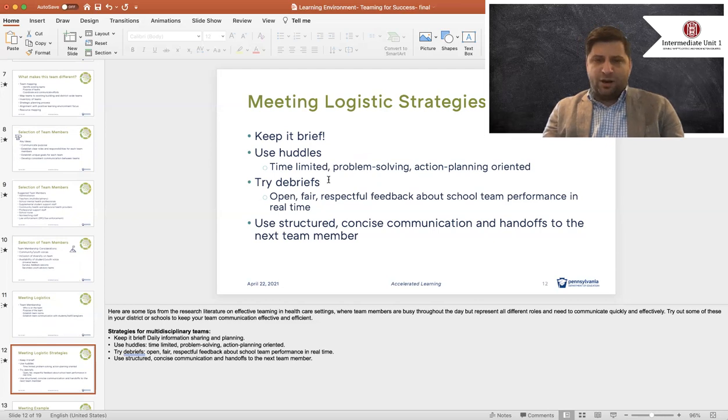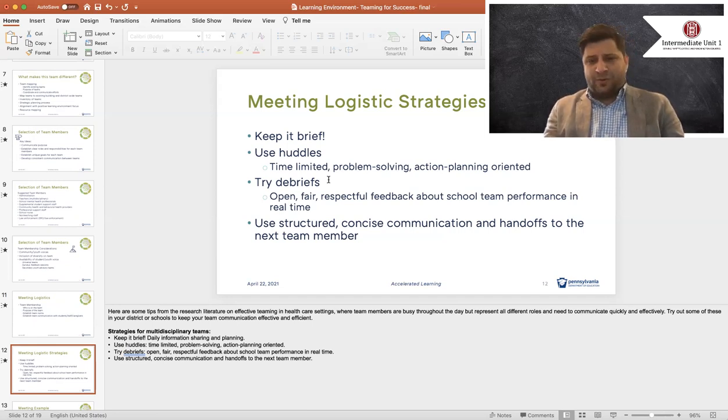So when we're setting our meeting, keep the meetings brief. Set an agenda ahead of time and stick to that agenda. And I would say, given everybody's limited availability and how busy everybody is within the school setting, no more than 30 minutes. And that's as a formal team, but again, there could be that daily and that more information sharing once you set aside what that communication will look like once you establish that. But as far as those formal team meetings, keep them brief.